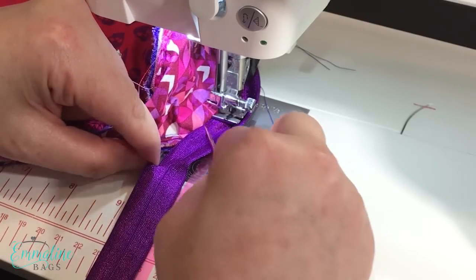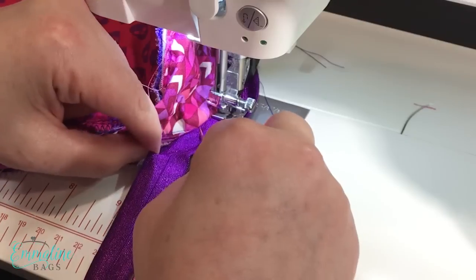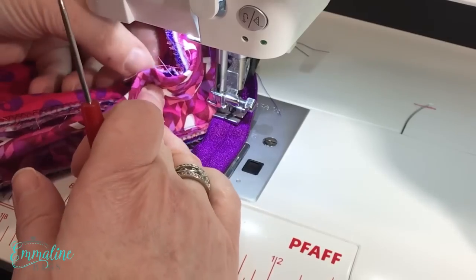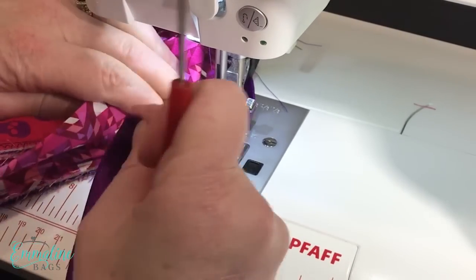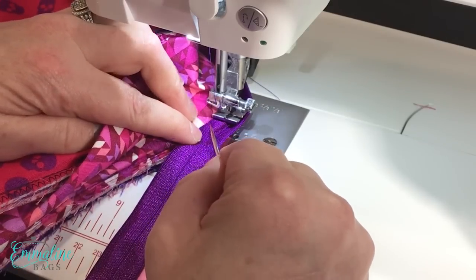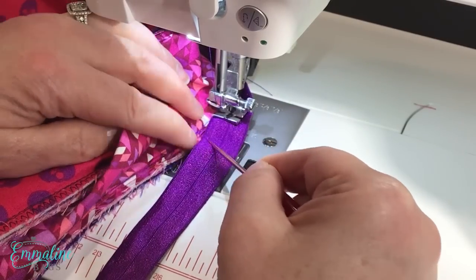Bias tape binding, since it's cut on a bias, has a bit of stretch. So using the fold over elastic also gives you a nice stretch so that you can get around these corners and make a really nice edge. You'll get faster at this as you go, and